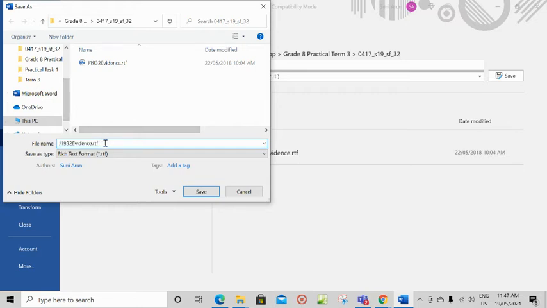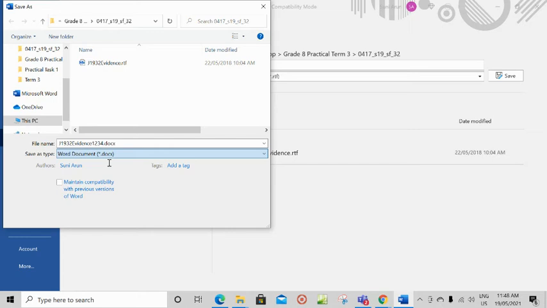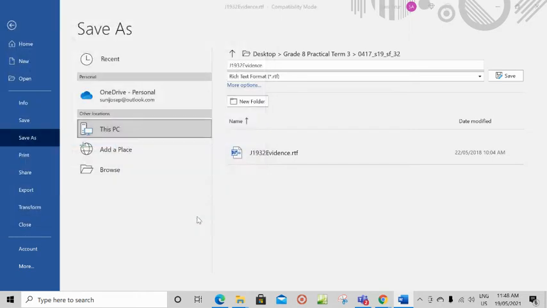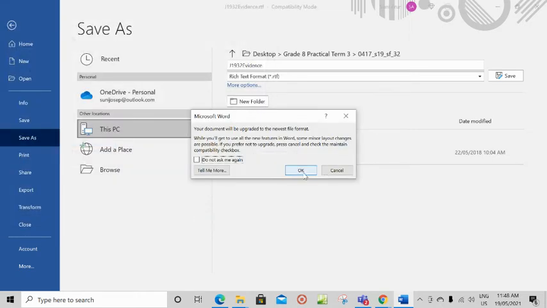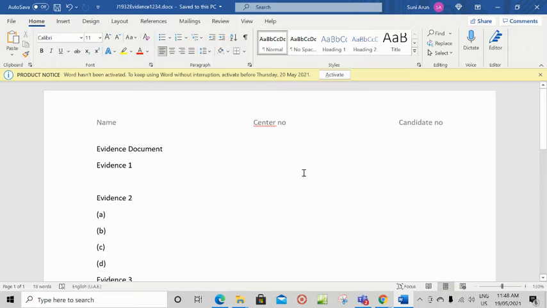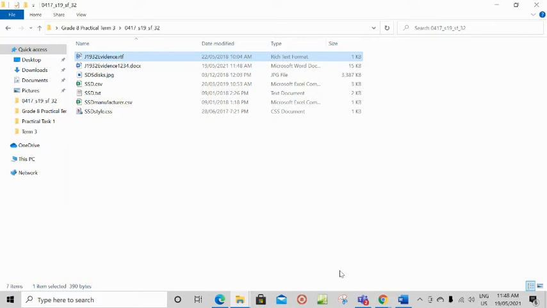The same folder itself you can save J1932 evidence, then let the candidate number be 1234. Save it as a Word document. Save. So now you can see this is saved as a Word document. So this is our evidence file.